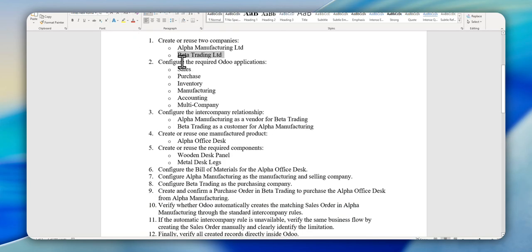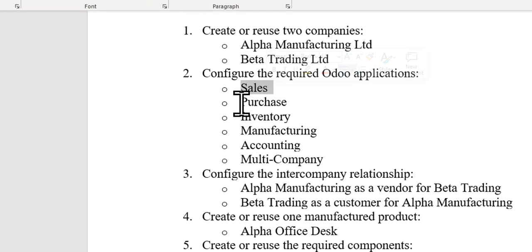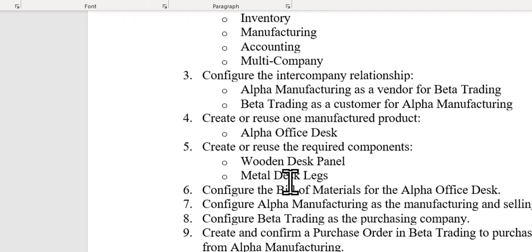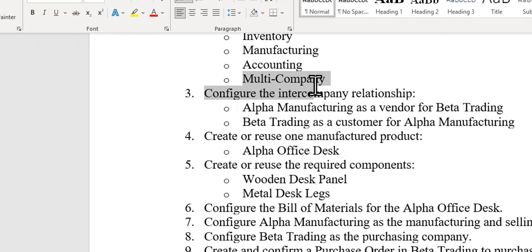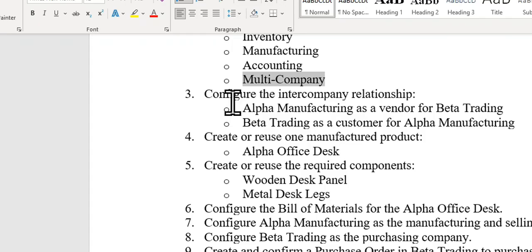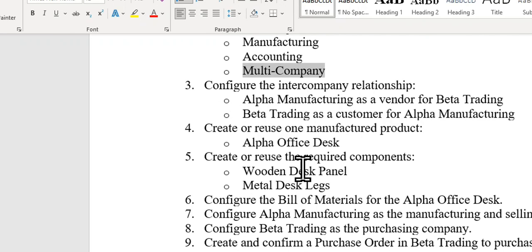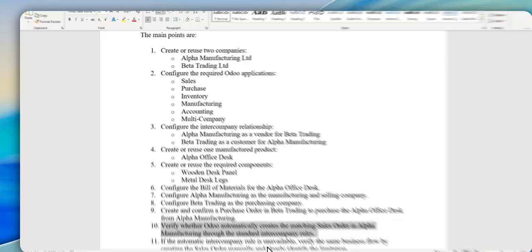In this prompt, we will see Autopilot install the sales app, purchase app, manufacturing, and enable the multi-company configuration. Through this configuration, we will see the sale created automatically.